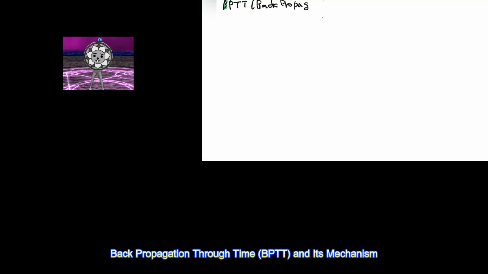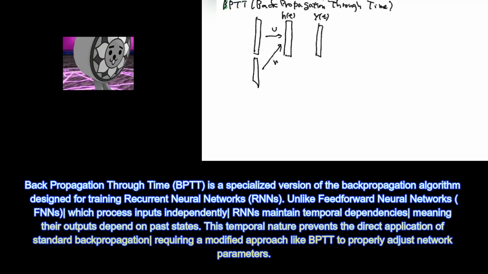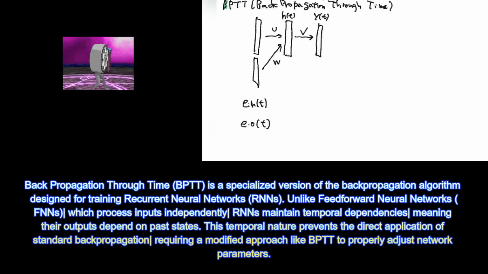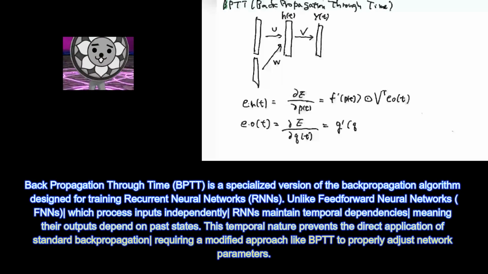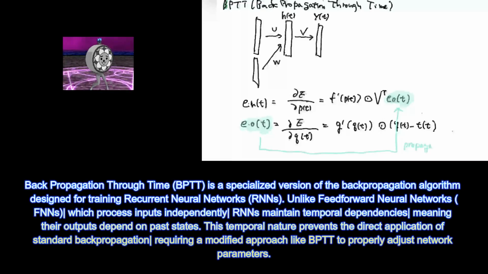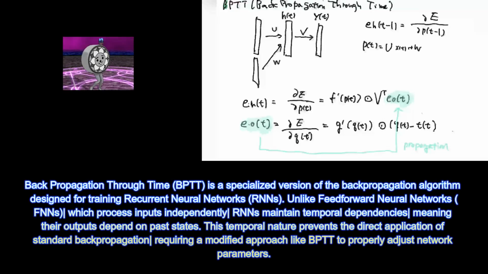Backpropagation through time (BPTT) and its mechanism. Backpropagation through time is a specialized version of the backpropagation algorithm designed for training recurrent neural networks, unlike feedforward neural networks, which process inputs independently. RNNs maintain temporal dependencies, meaning their outputs depend on past states. This temporal nature prevents the direct application of standard backpropagation, requiring a modified approach like BPTT to properly adjust network